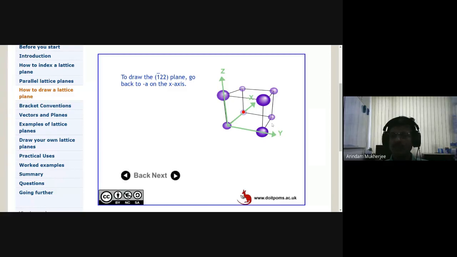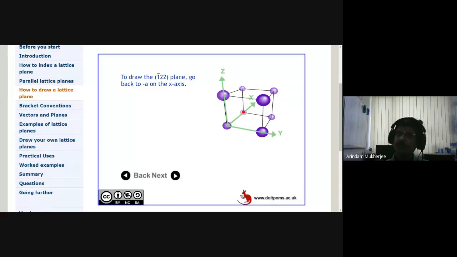So it did not just find out the equations, the notations for the plane, we also found out that we can measure the distances between the planes and thus use that distance to calculate where the atom positions are in the lattice. So indexes of parallel planes will be the same, 1 bar 2 2. You can say 2 bar 4 4 is another set of parallel planes sitting at half the distance. If you do not say that, then it is the same as 1 bar 2 2.